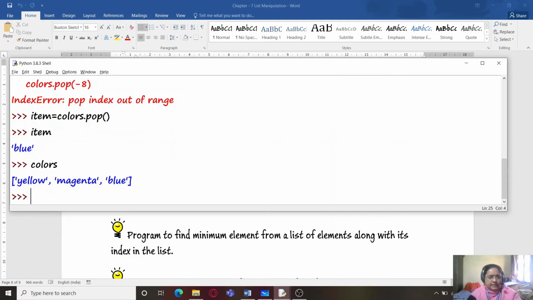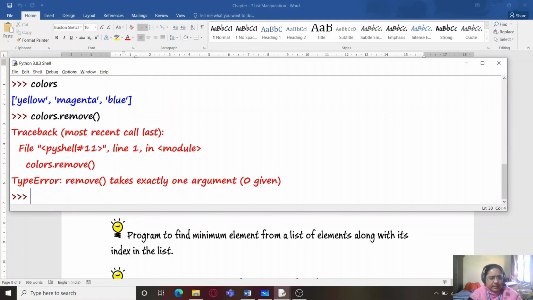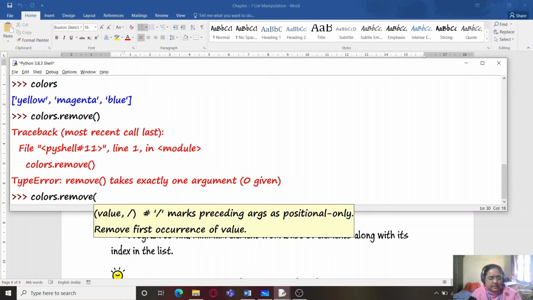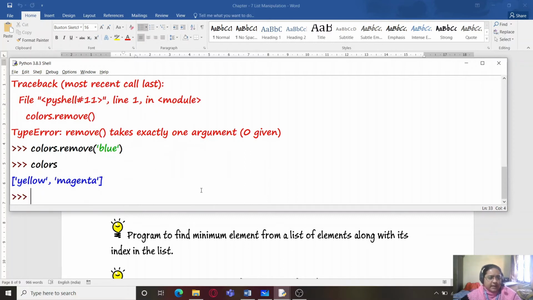If I write colors dot remove and don't supply any value, it gives us an error because it requires one argument, and that argument is the element which is being deleted. If I supply blue, it has removed blue, but it does not return any value, as you can see over here.